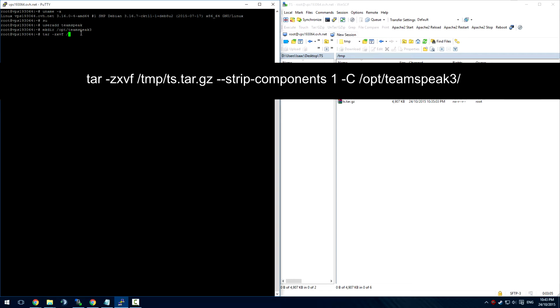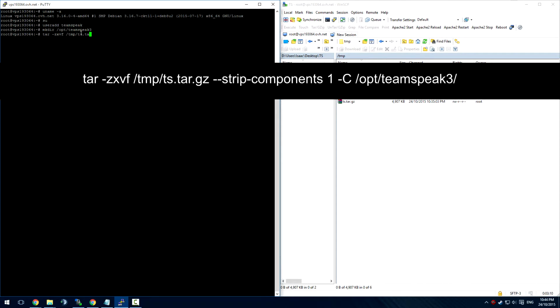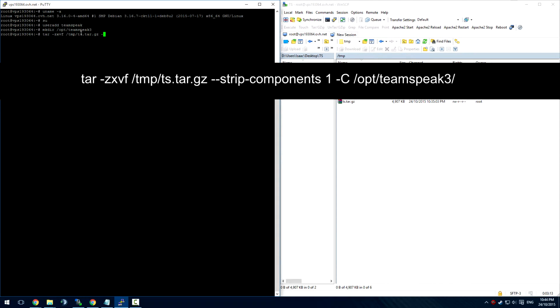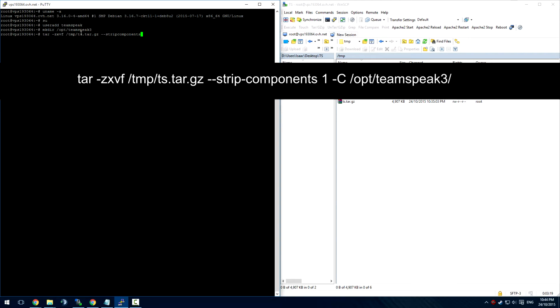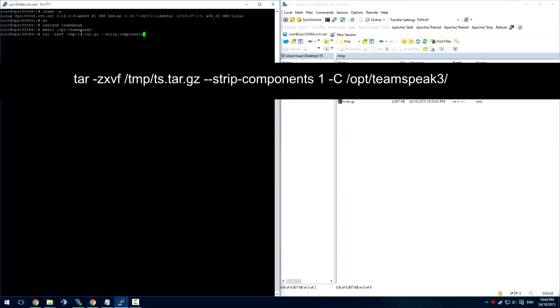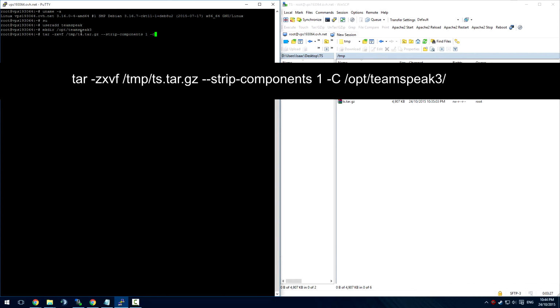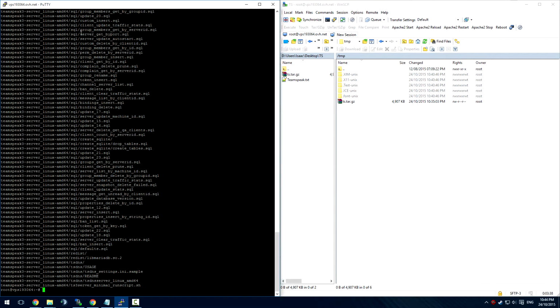So in my instance it will be /tmp/ts.tar.gz and then --strip-components, although you need a dash in between the strip and the components, and then 1, then -C /opt/teamspeak3, which is where the installation folder is. Then once that has been done, the TeamSpeak installation has been extracted.